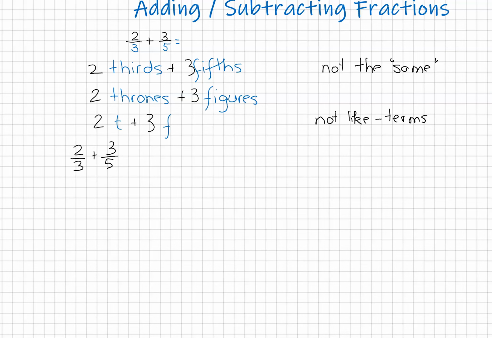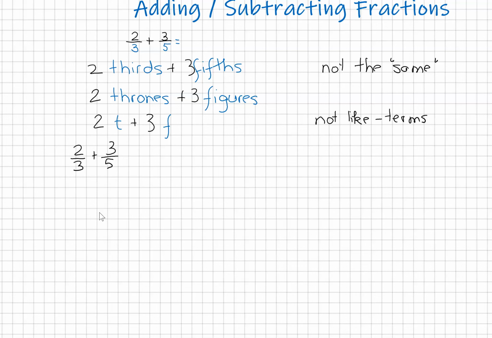What makes them be not the same? The denominators, right? So to make them be the same, we have to have the same denominator. Unlike words that cannot be replaced by synonyms, it will make it 2 chairs plus 3 faces, the same things. So we're not going to be able to add them. But unlike that, in math, we can find the same denominator by replacing each of these two fractions by